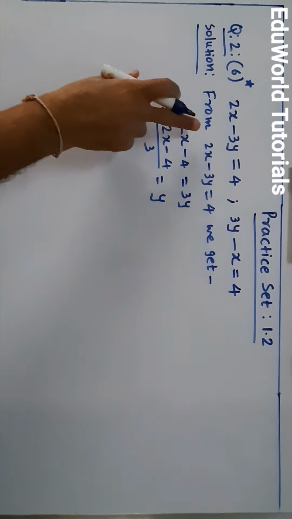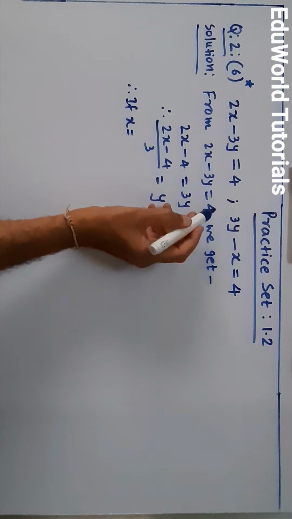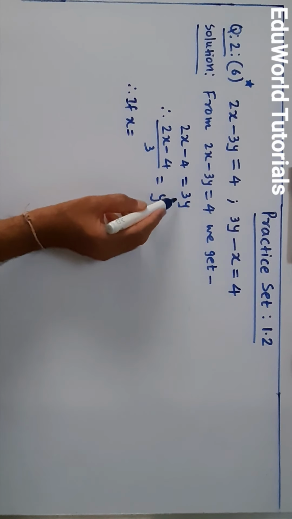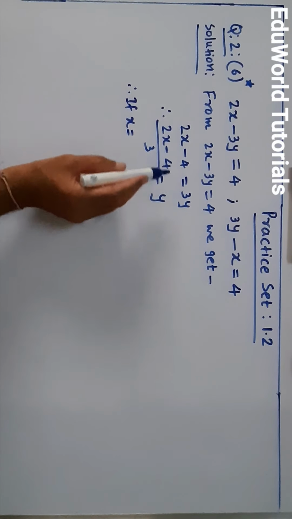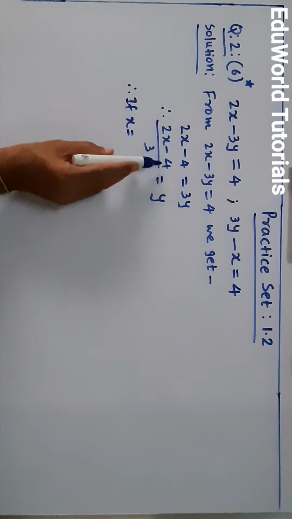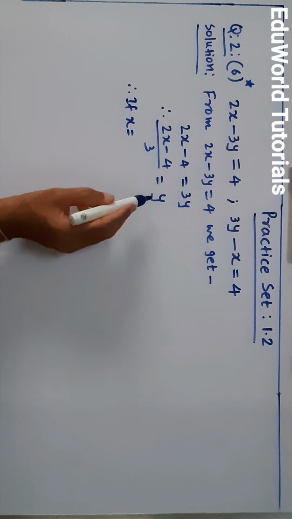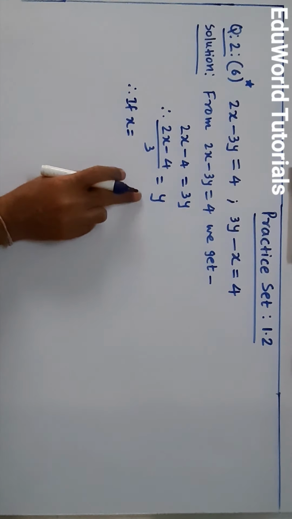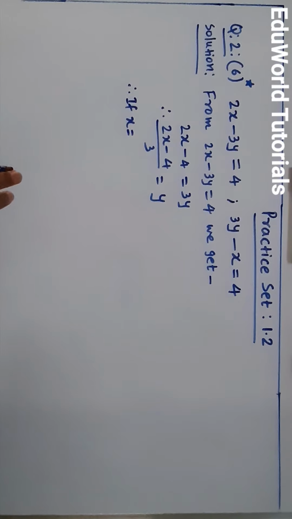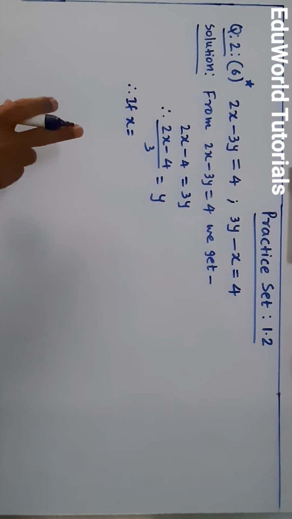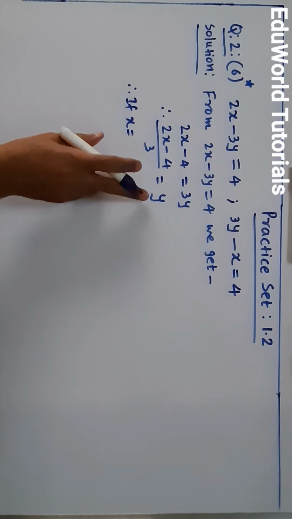So students, from the equation 2x minus 3y equal to 4, we get 3y equal to 2x minus 4. I shifted 3y to the other side, the right hand side of the equal to sign, so there is a necessary change I made. Ultimately, y equals 2x minus 4 upon 3. Dear students, always remember, from every equation we have to get the value of y. This is like a customary thing in solving equations graphically. We get the value of y from every equation. Now we have to take a proper value of x so that we get the value of y.